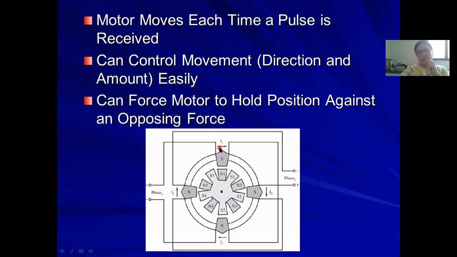Now here we see I1 is in this direction and I2 is in this direction. That means I2 is flowing in the clockwise direction and I1 is also flowing in the clockwise direction. Depending upon that, in the first stator winding, the south polarity and north polarity are induced over here, and here it's a north polarity. N stands for north and S stands for south. So which polarity will be there inside the stator will depend on the corresponding current flowing inside the stator winding.